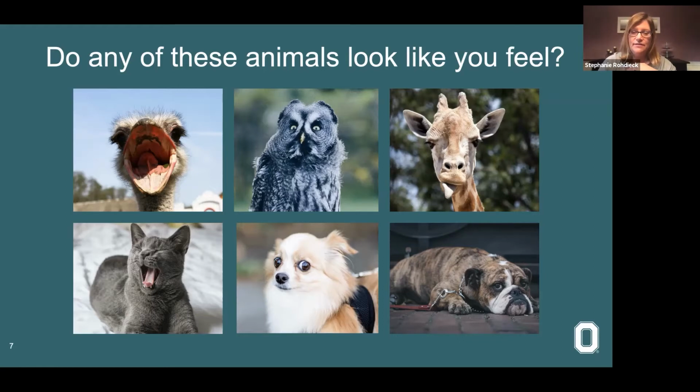Are you just feeling glum and sad like our bulldog over there, or any other emotion? So in the chat, if you would, first, we'll see your name, but can you first tell us what department you're in, and then just let us know if there's an animal up here that you kind of identify with, or more than one. It's a complex situation we're in right now in the world, so maybe you have some complex emotions. So if there are any animals that you're feeling like today, feel free to add that in the chat.